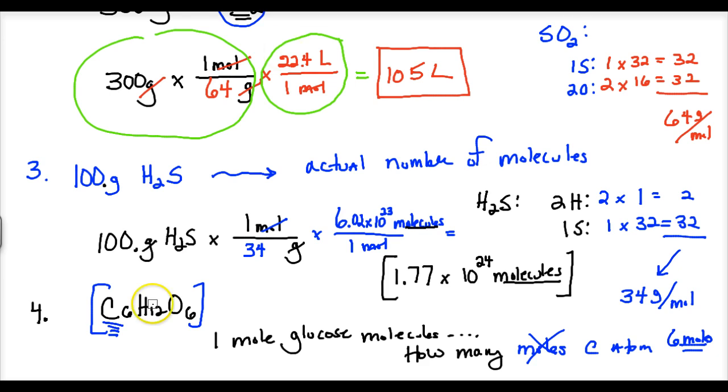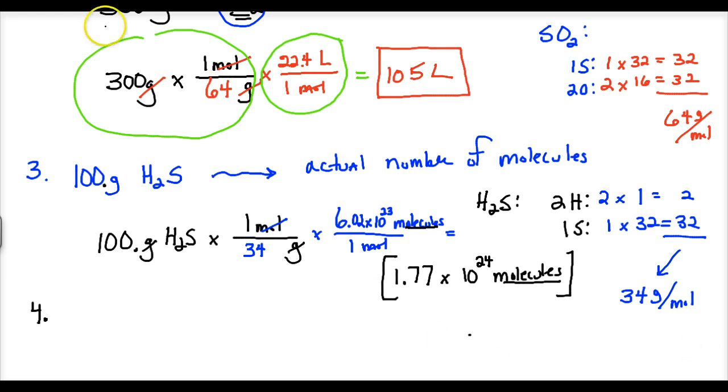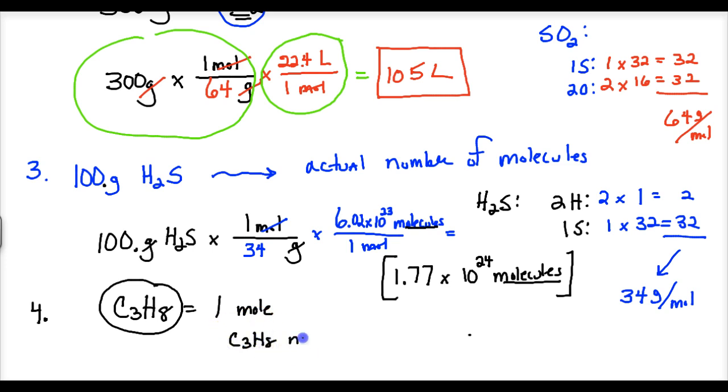And we'll do another just so you can find it. Maybe I'll do a much easier one. Okay, we'll do one more so you get the idea. So let's take C3H8, propane. If I have 1 mole of propane, how many moles of hydrogen atoms? In one of these, how many H's do you see? So in 1 mole of C3H8 molecules, you have what? 8 moles